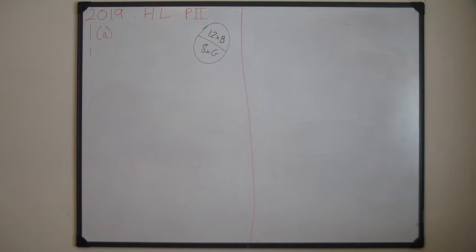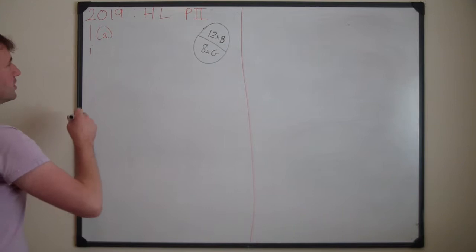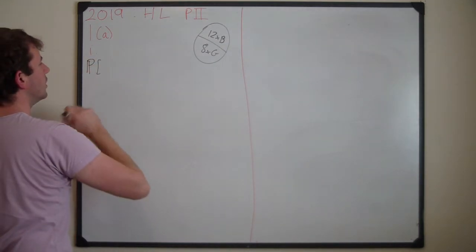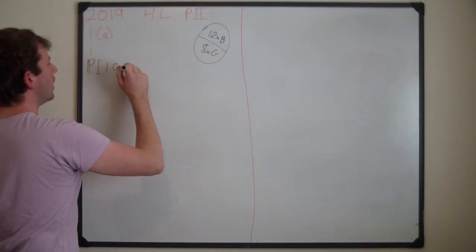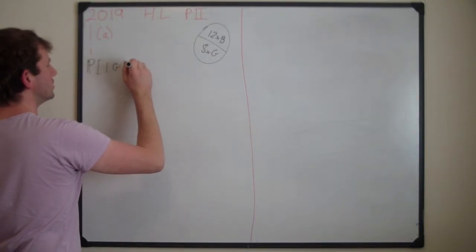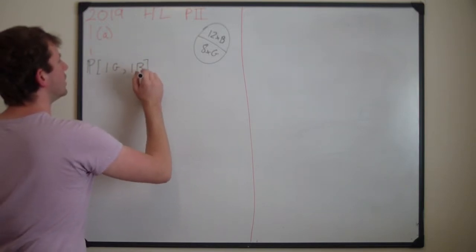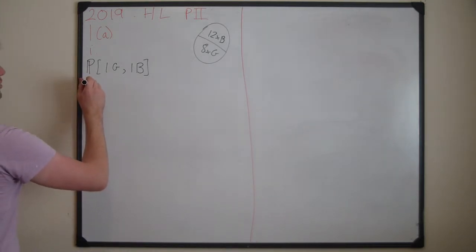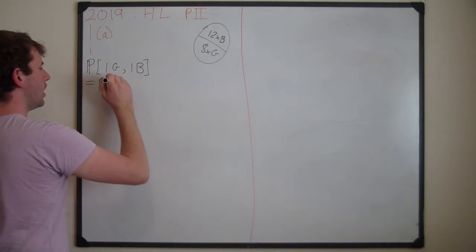probability is a function from events, which are combinations of outcomes, to numbers between 0 and 1. So in this case, I'm interested in the probability of getting 1 girl and 1 boy, which I'm just going to write like this. Now there are 2 ways this can happen: girl-boy or boy-girl. So you're looking at the probability of